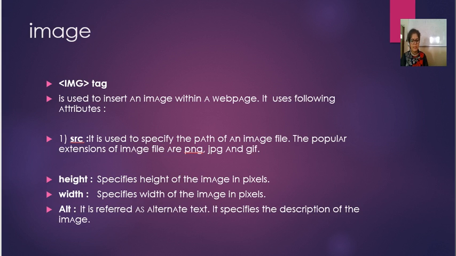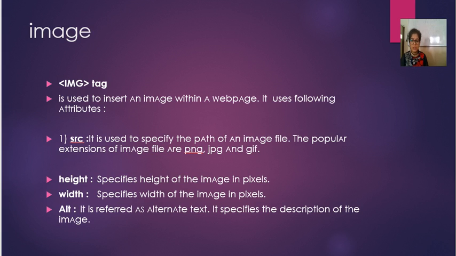Now what is alternate text? This is also known as alternate text. It specifies the description of the image. So for example, if we are applying an image and we want to write a description of the image in just 2-3 words, it will not display on your web page, but it is for the programmer or the developer who is developing. It helps them to understand what the alternate text is regarding the image. So for this we make use of the alt attribute.